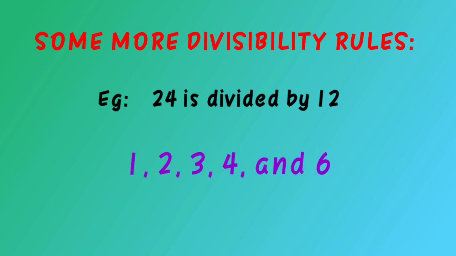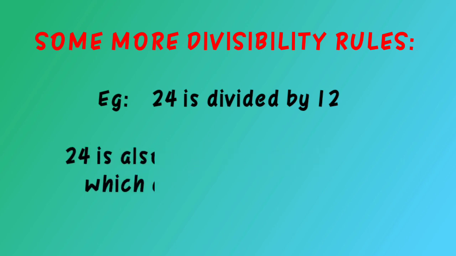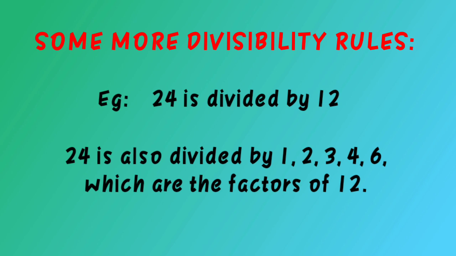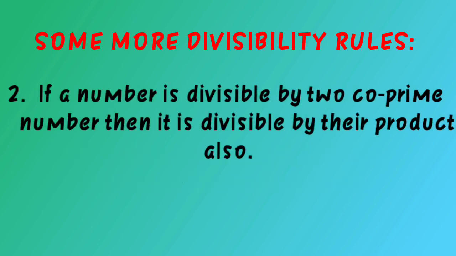1, 2, 3, 4 and 6. So 24 is also divided by 1, 2, 3, 4 and 6. The next one is, if a number is divisible by two co-prime numbers, then it is divisible by their product